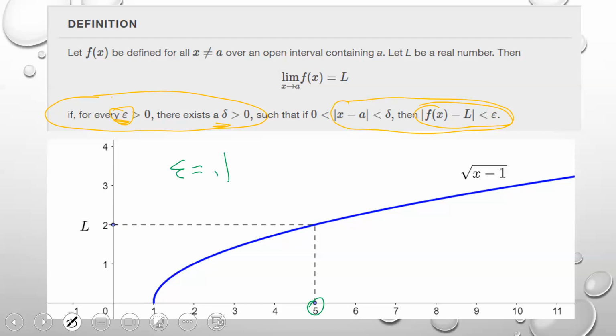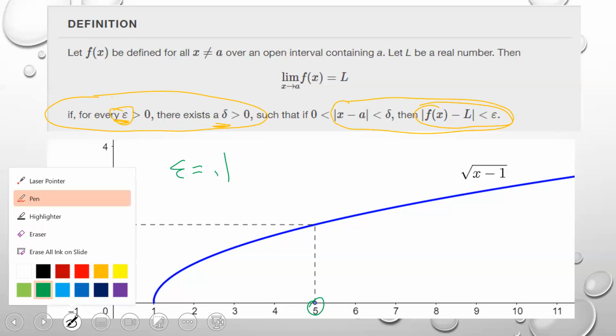It means that if I go 0.1 up from that value 2, so up to 2.1, and then go down below that by 0.1, which would be 1.9, basically, if I go for any value in between those, for this epsilon equals 0.1, there's going to exist some